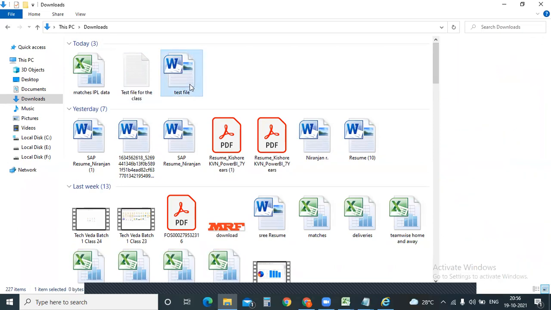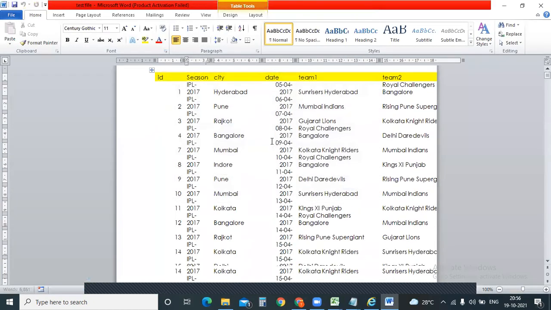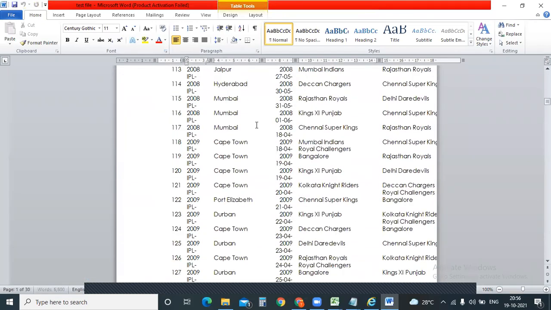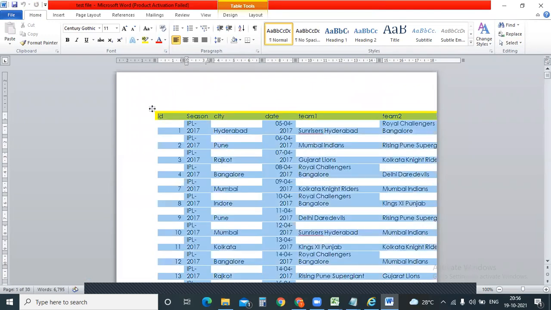This is a test file, right? Yes, sir. Let me open it. Okay, so ideally it should be in a proper format. The Word document data on this country, it's not able to read it properly. So now let me copy the same data into the txt file, I mean Notepad.